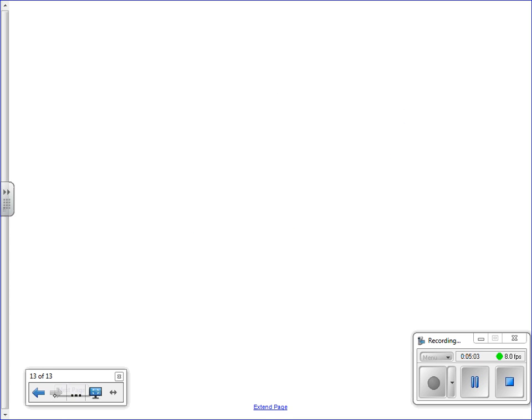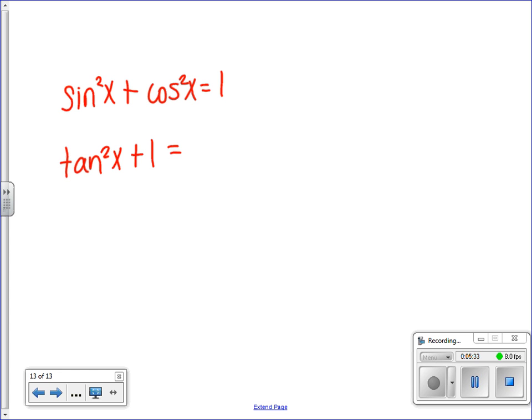Yeah. All right. Let's look at our three special identities. These are the Pythagorean identities. Do you remember these? For those of you who may have lost them, the Pythagorean identities, you've got sine squared x plus cosine squared x equals 1. Tangent squared x plus 1 equals secant squared x. And cotangent squared x plus 1 equals